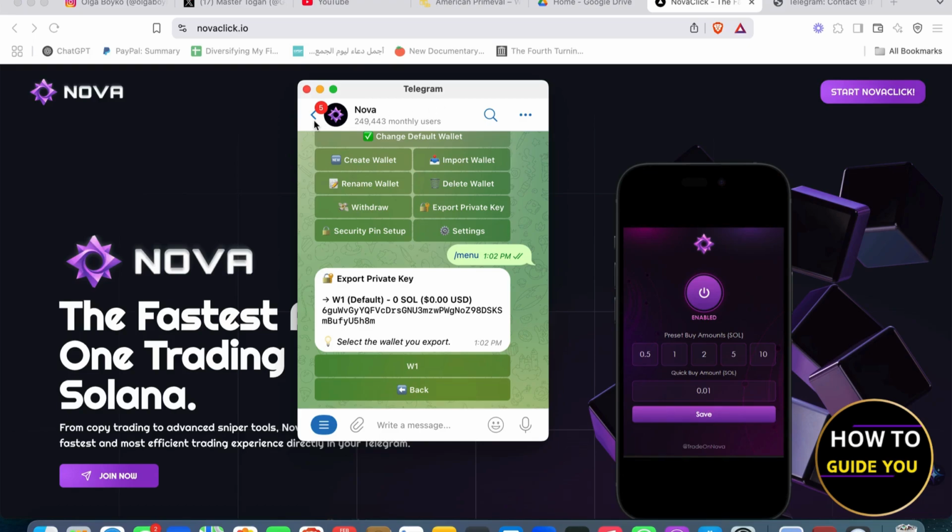So go to your bot or to your channel of Bullx, right? And then go to the file manager, and you're going to see a button called import wallet, and then just paste the address in your Bullx. Okay, and then you're going to be able to add a wallet or connect Bullx to